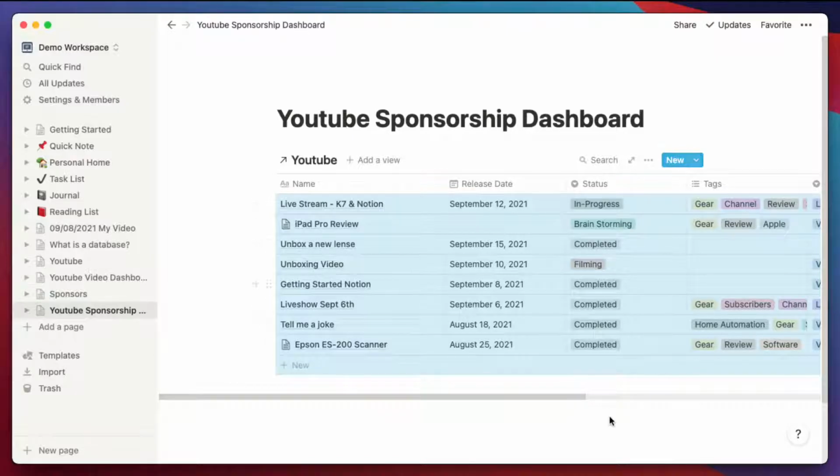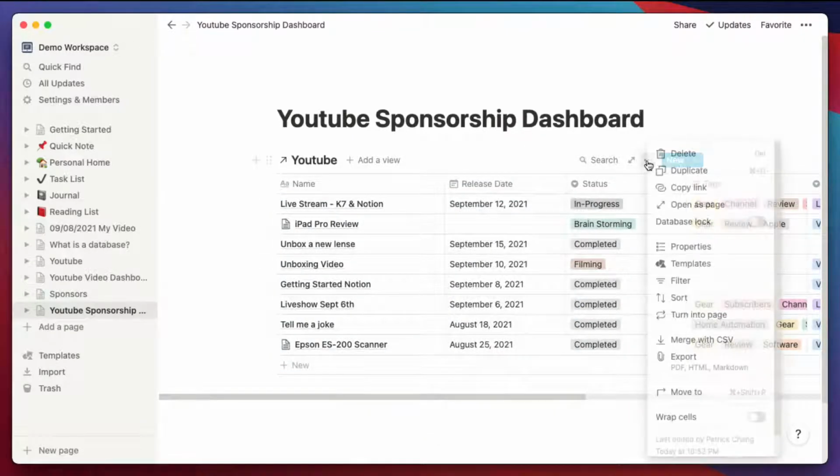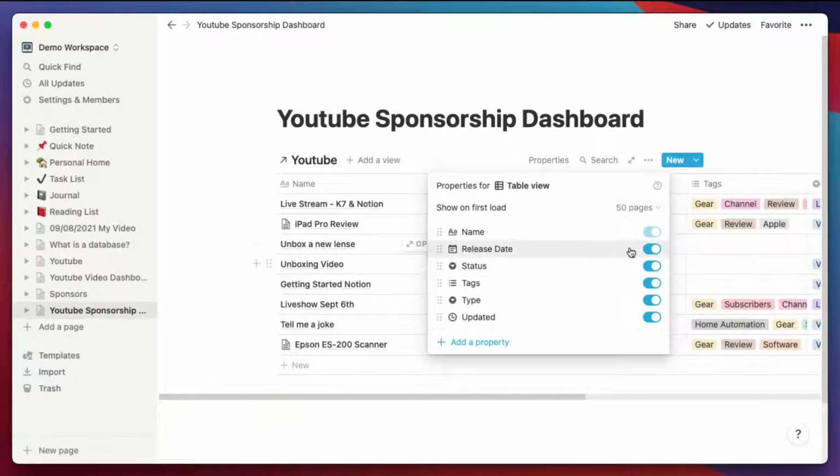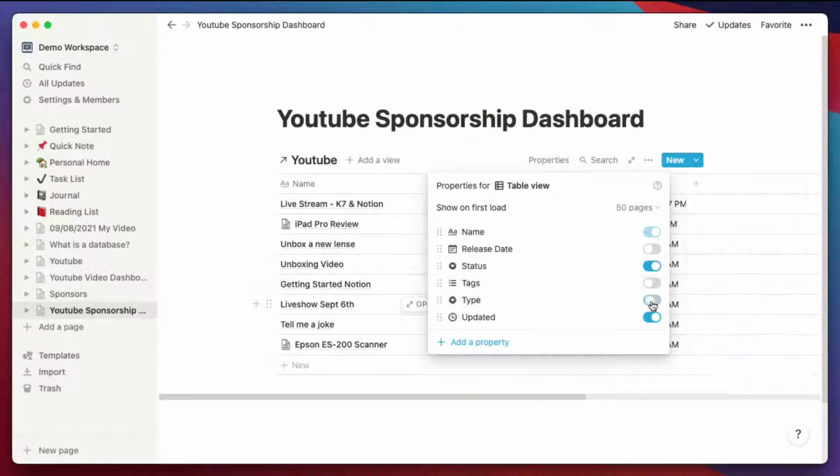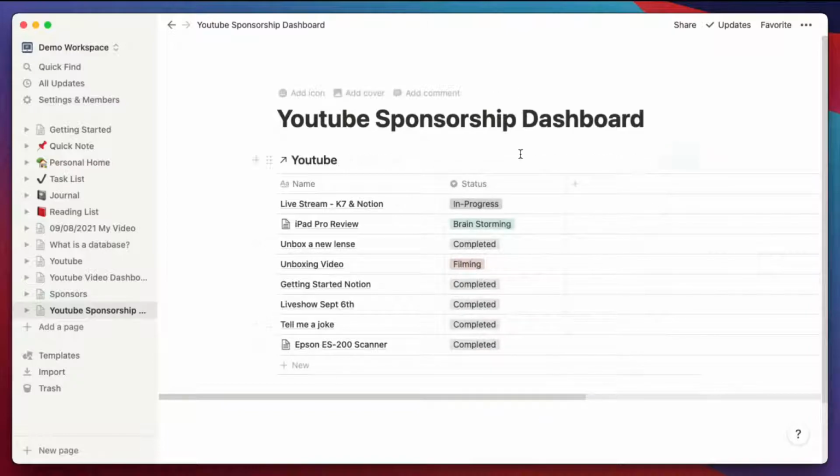But I'm not too worried about some of these fields right now. So what I'm going to do is go here into the properties and just get the names that I want. So maybe I want the status, but maybe I don't need everything else, okay? But actually what I do want is I want to be able to put the sponsorships in here, okay?